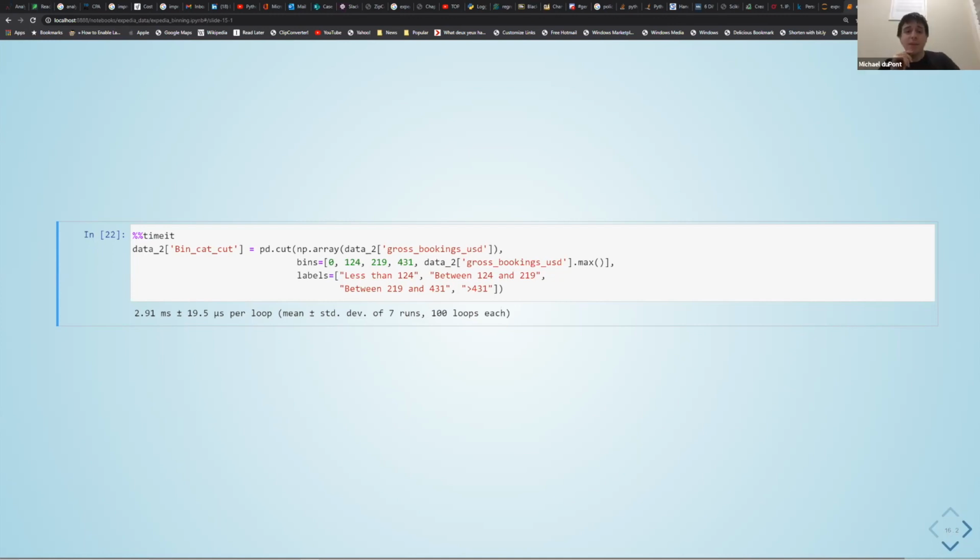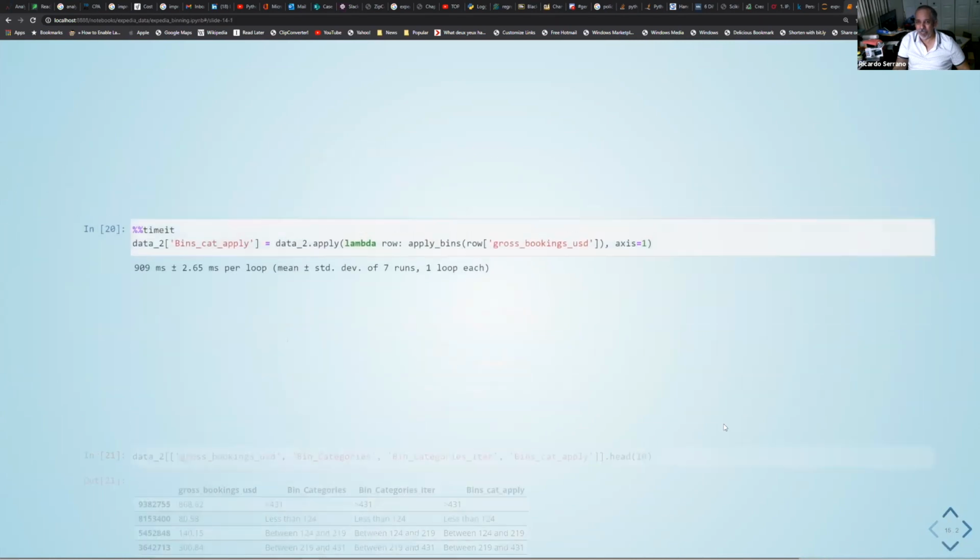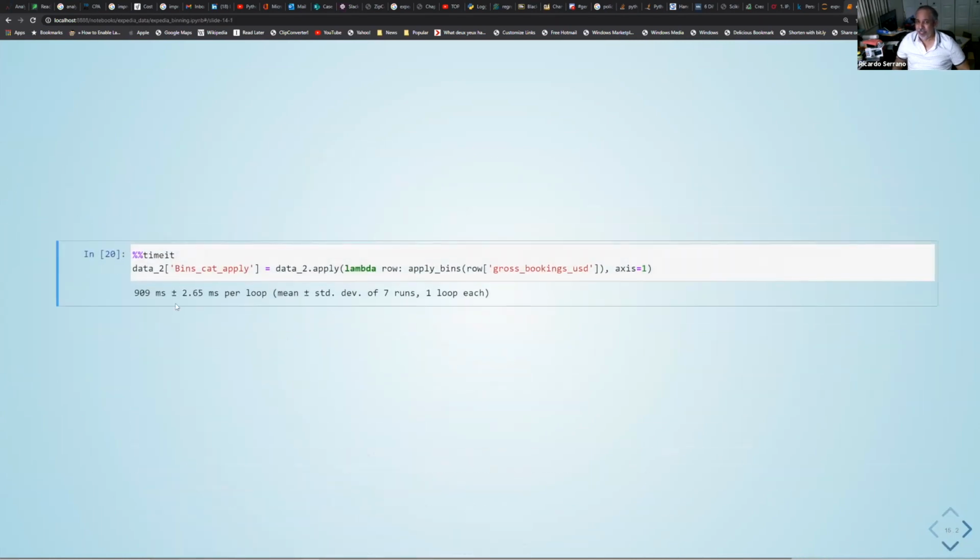But I'll tell you, like Jerry said, I was really amazed by the improvement of that function with the NumPy array. I said, wow, this is surprising. I saw where you were going, okay, he's going to get to apply at some point. That's amazing. Yep. And let me tell you, if I was doing it without reading the article or anything, I would have gone with apply. And apply is decent. It's not that bad. But definitely CueCut is the king.